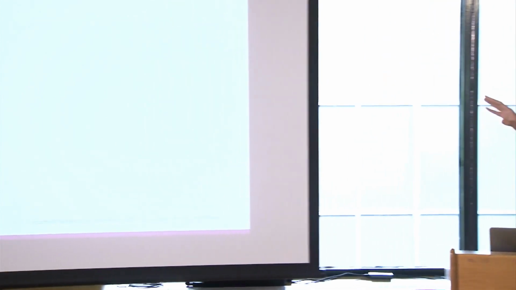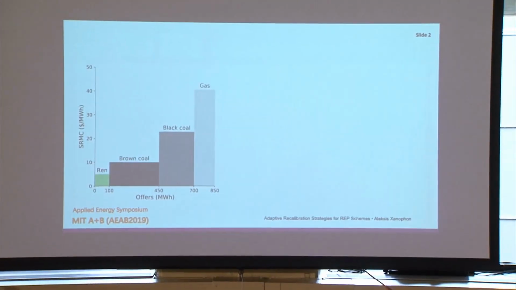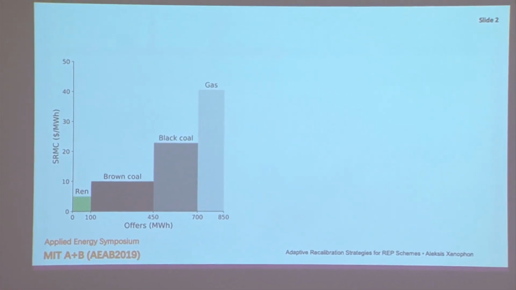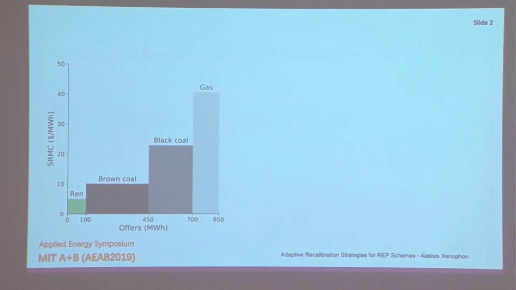So here I've got 4 generating technologies. I've got a renewables generator, I've got 2 coal generators, and I've got a gas generator. And along the vertical axis, I've got the short-run marginal cost of production. So how much it costs to produce 1 megawatt hour of energy. And along the horizontal axis, I've got the quantity of energy that is being offered into the market for a